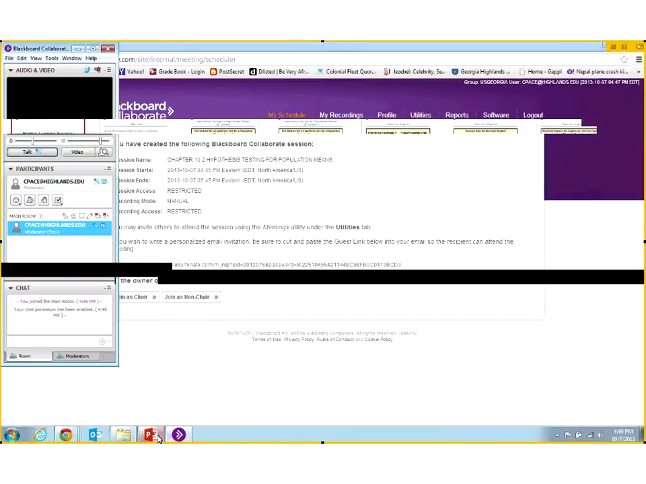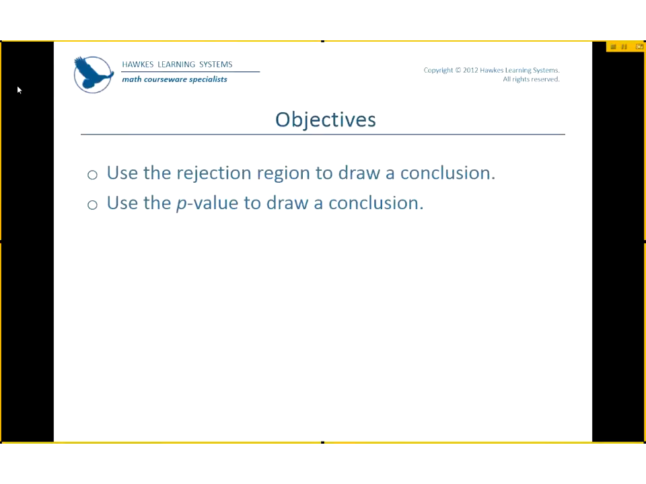Hey guys, we're going to go to Chapter 10.2, which is hypothesis testing for population means when your standard deviation is known. So let me go ahead and open this up. I'm going to bring up the PowerPoint. Okay. So let's go ahead and do this. Okay. So you're going to learn to use rejection regions to draw a